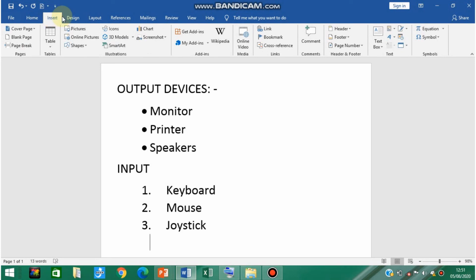Inside this insert tab, at the end you will find one section of symbols. From that section you have to select the symbol option. When you click on that symbol option, you will find many symbols that you can enter, but when you want to search for more symbols, you can click on more symbols.